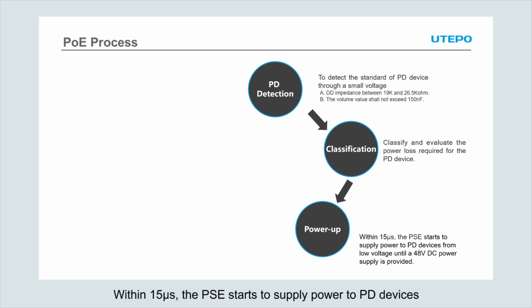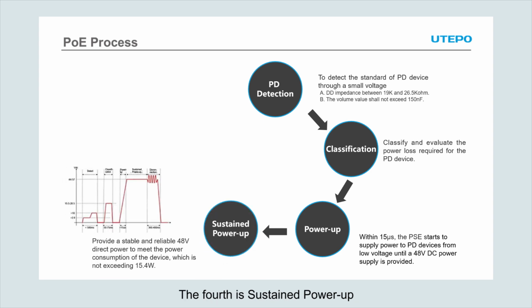Within 50 ms, the PSE starts to supply power to PD devices from low voltage until a 48 volt DC power supply is provided. The fourth is sustained power supply, to provide a stable and reliable 48-volt direct power